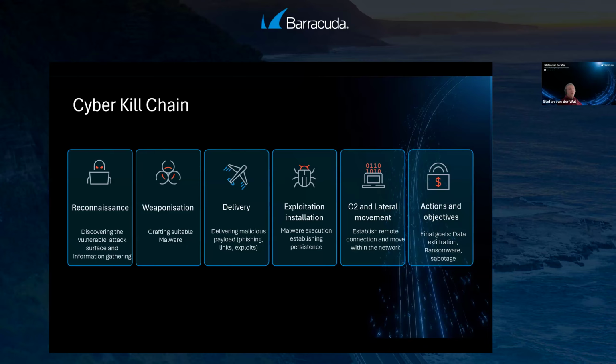This can go as broad as they want. It's very hard, but not impossible, to reduce the impact of reconnaissance, because many of our systems that we have connected to the internet are just there. They're connected to the internet. Entra ID or Microsoft 365, depending on how you want to address this through a first or third party application, is publicly available. If you do not take any measures, anyone can go to